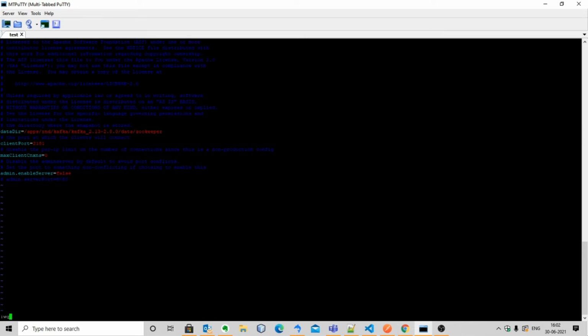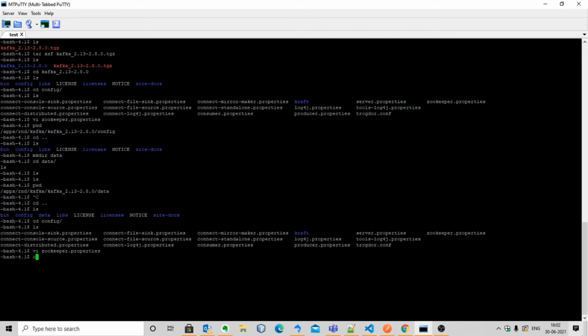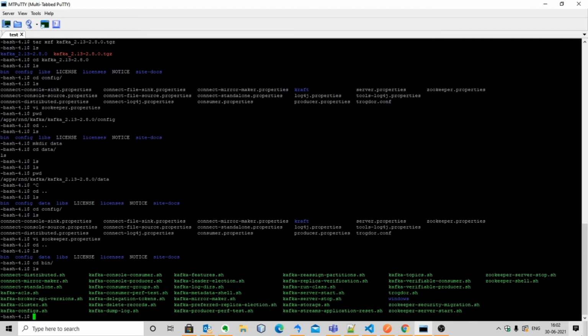Now let's start the Zookeeper service with the Zookeeper properties as an argument. For that, go to bin folder and start the Zookeeper service. For that, type zookeeper-server-start.sh and giving this Zookeeper properties as an argument to that file.